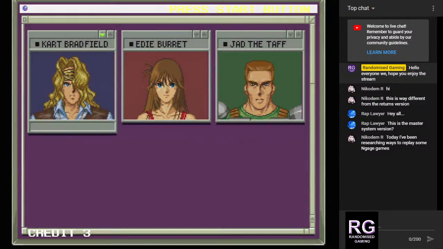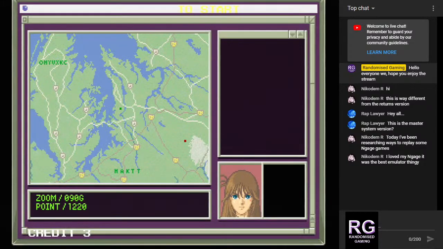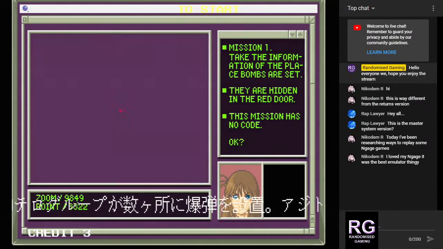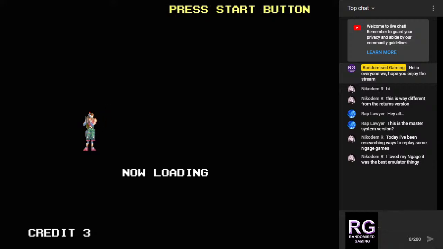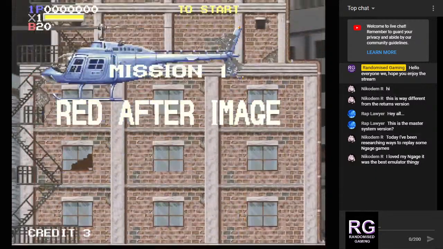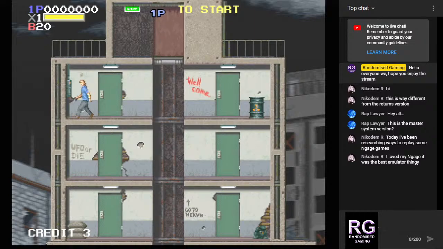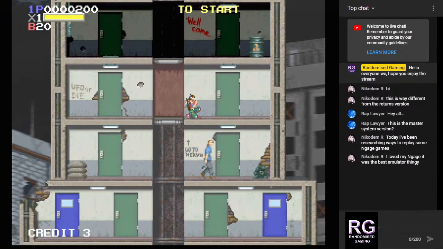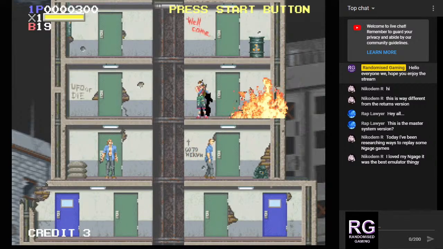So I'll pick a different character this time. Let's pick the girl, let's pick Edie Barrett. So I was Jaff the Taff before, and I'll do Calf, Bradford, Field. So Edie's the weakest, I think. Oh, you can actually use this as an emulator. You can actually roll in this. I thought it was...